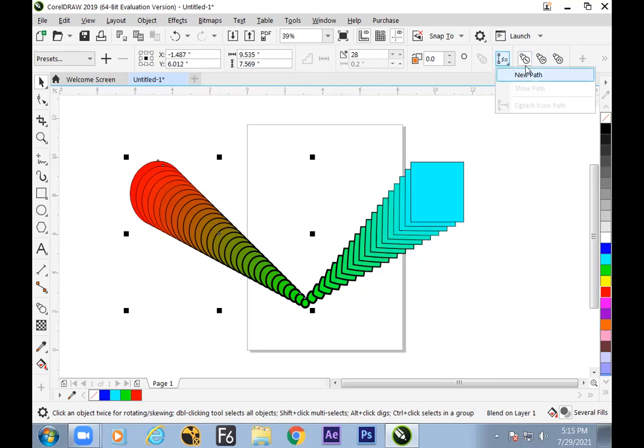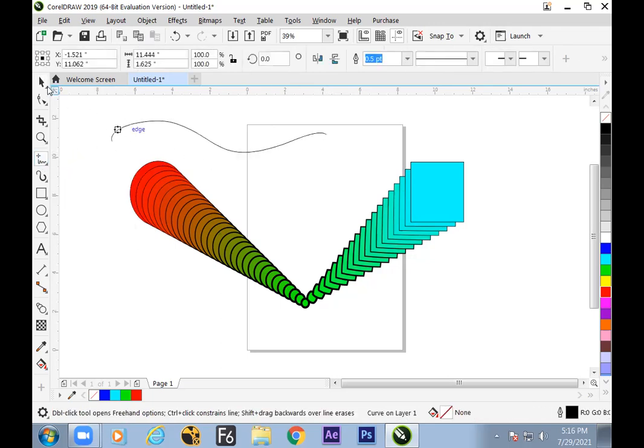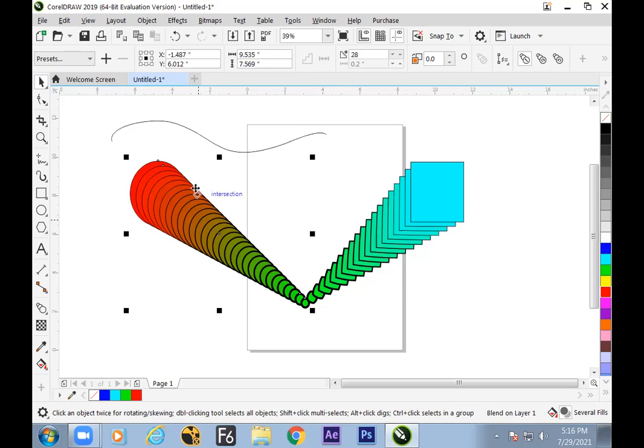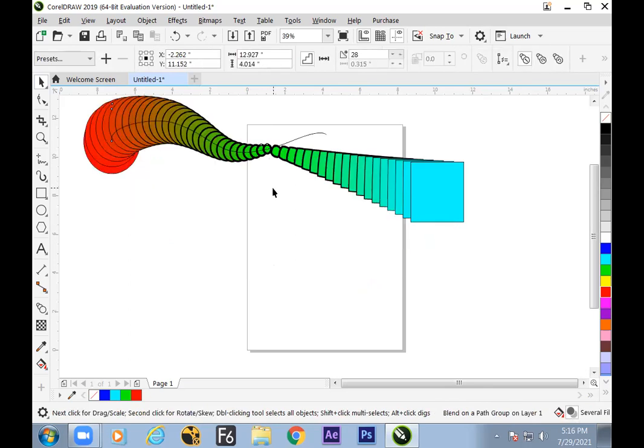Next, new path. This is a new option where we can make the blend go over a path. It is possible. So let us make a path. And we want this blend to move over the path. Then switch to this new path and click over there. So hope we have understood now how to move the blend over to the path. It is possible.